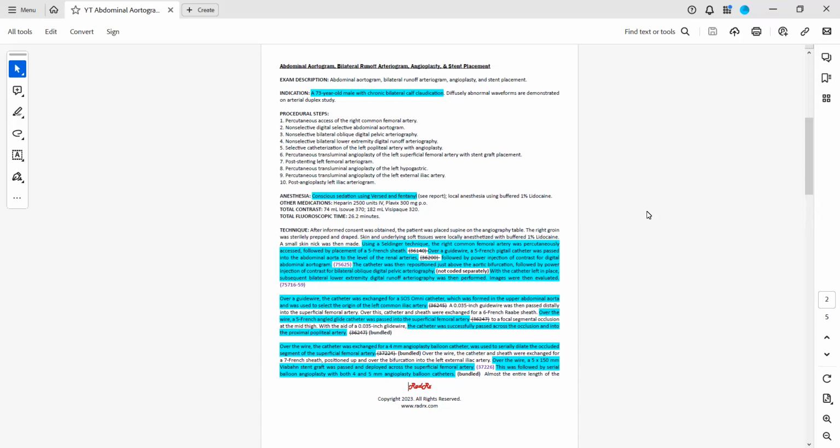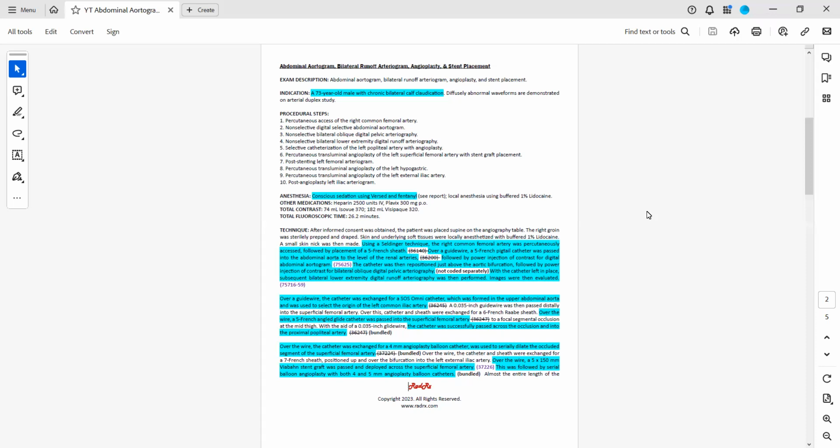So from the common iliac, then the catheter eventually made it down into the superficial femoral artery, which would have been a third order catheterization. And then it makes it into the proximal popliteal artery, which is also still that third order catheterization. And again, that's going to be bundled with the intervention. So here we see the physician does an intervention. The catheter was exchanged for an angioplasty balloon catheter, and then that was used to dilate the occluded segment of the superficial femoral artery. At that point, the code that was assigned was 37224 for angioplasty of that superficial femoral artery for occlusive disease,